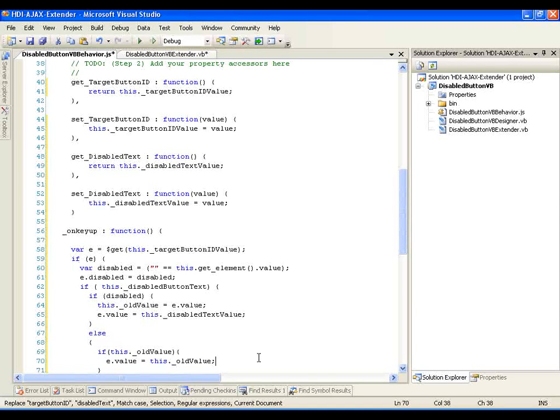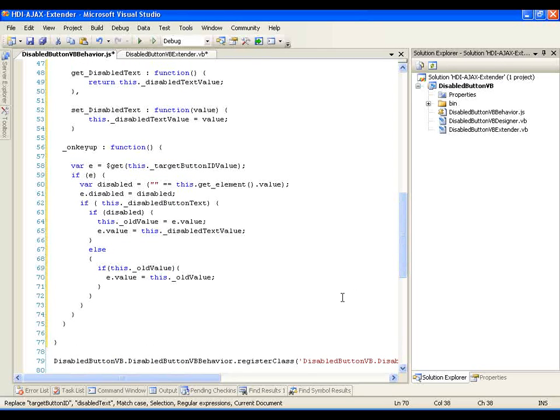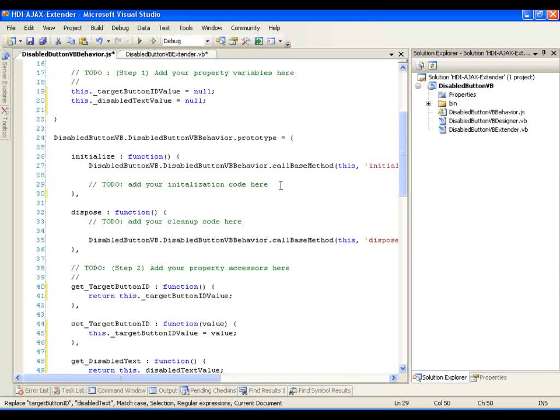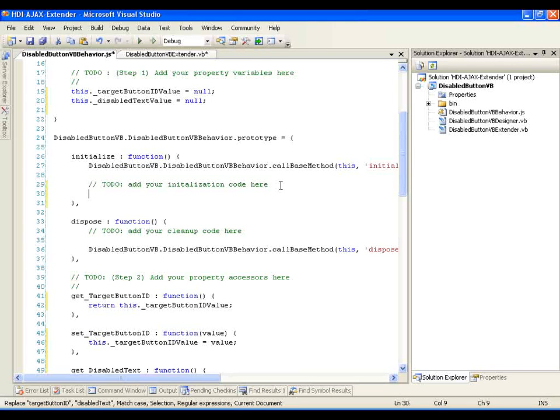So now our event handler should be complete, and the next thing we need to do is go up here and create, or rather attach, this event handler. One thing before we leave here and go add that handler is I see a little typo which we're going to correct, and it should be disabled text value instead of disabled button text. We'll go up here to the initialize function, and we'll add it here. So what we want to do is add handler,